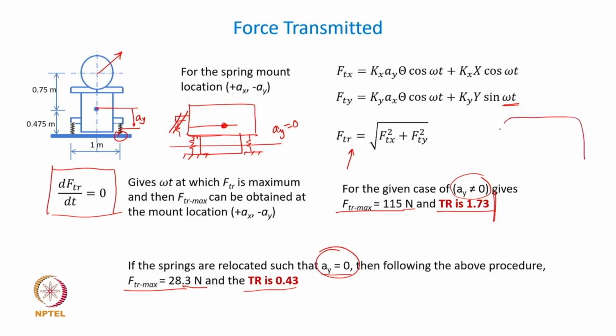If you have a multi-cylinder engine on the chassis, this will be the worst way of supporting it. You can have some elements here, and the mount can be supporting it here on the sides, somewhere like that on the chassis, and then it will have Ay as low as possible, and the coupling can be avoided to improve, in the sense improve for the better, the transmissibility ratio. That is the numeric part of it. I am not discussing all the steps here, but you can work that out based on the data given in the slide. Okay. Now, let us